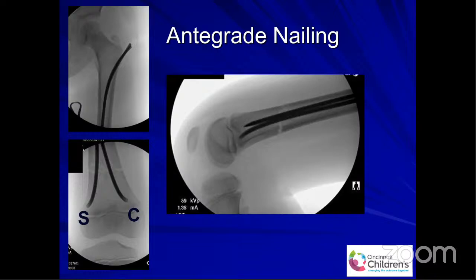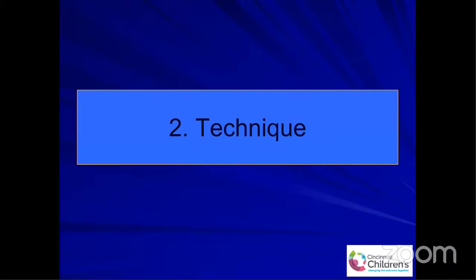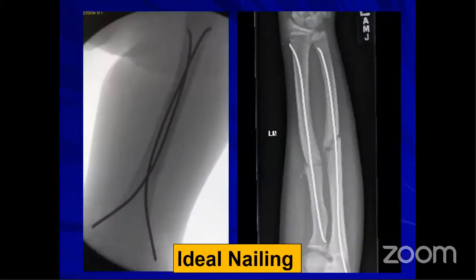If you have a metaphyseal fracture, you use a plate, or even if it's a little bit lower, crossed K wires would be adequate. But I'm just showing you some of the extended indications of nailing. Technique is equally important. See, ideal nailing, if you look at the femur on the left side, the nails cross